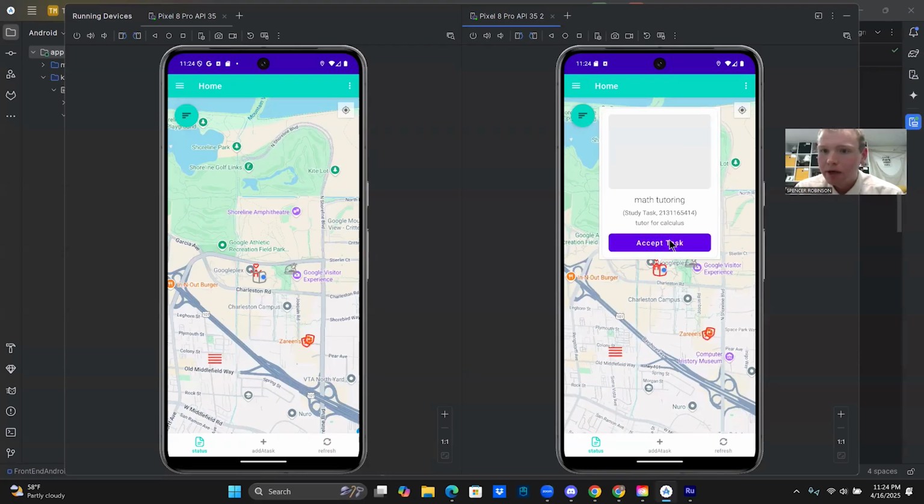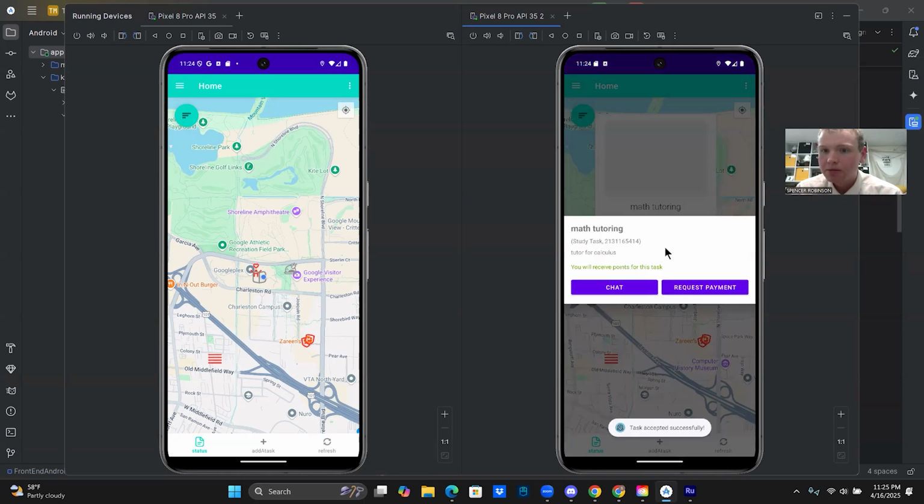Okay. So now Bob over here can accept the math task, and then can do a chat,